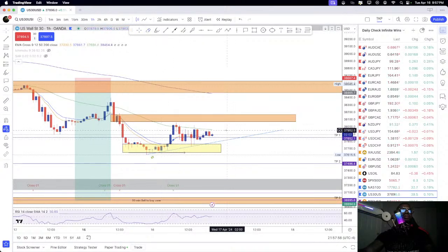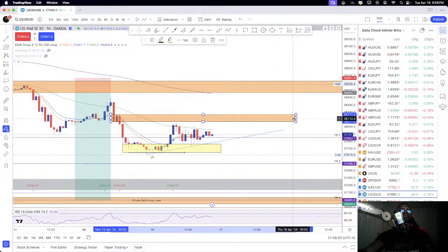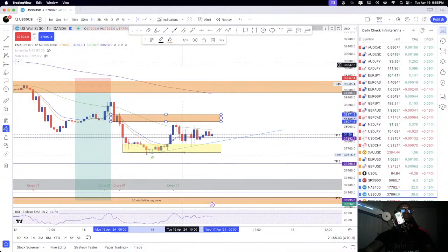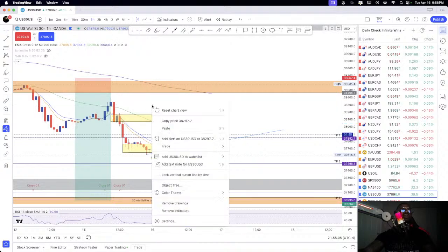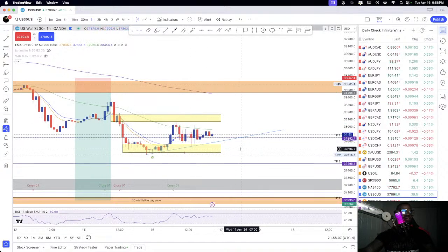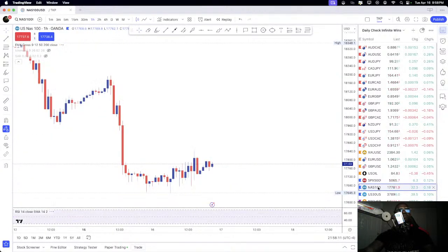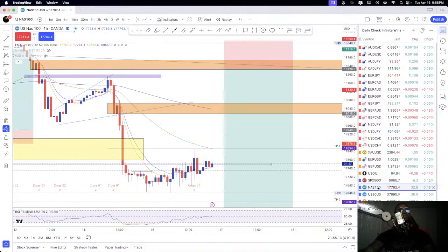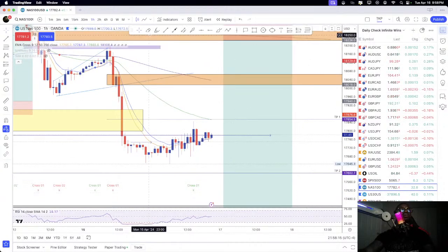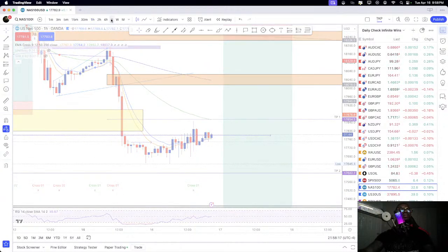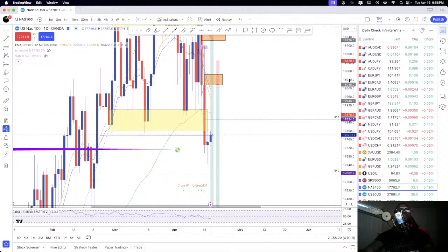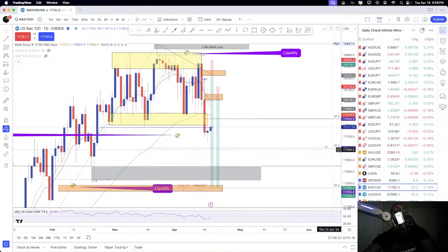I'll leave that there. And we'll actually turn this one yellow as well. So that's it for the indices. Did we look at NAS 100? We did. Okay. So the daily on NAS 100 and